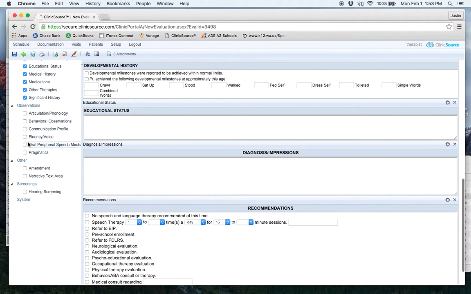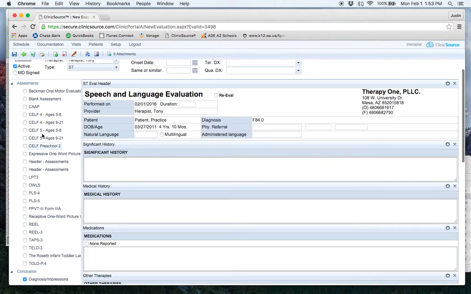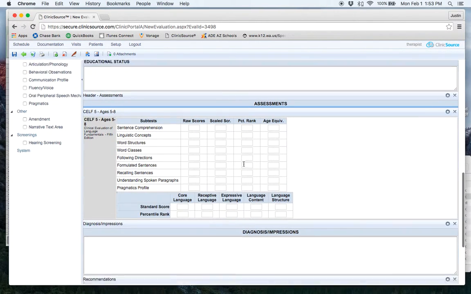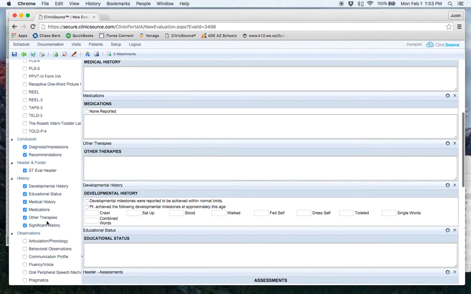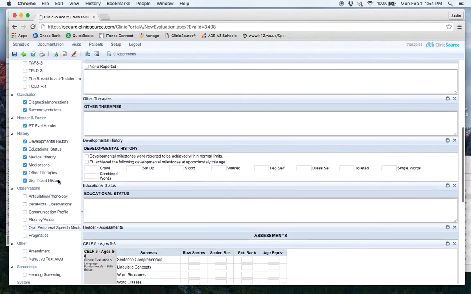and I can go to these different observations. There's also a whole list of assessments here. I'm just going to select, because I've heard of the CELF-5, I'll select the CELF-5, and you'll notice that that block comes in with the scorecard for it, and you can input the scores as needed. Diagnosis and impressions, recommendations, all very similar. And you can go through and you can remove boxes by clicking on the X. You can add in specific things that need to be input,